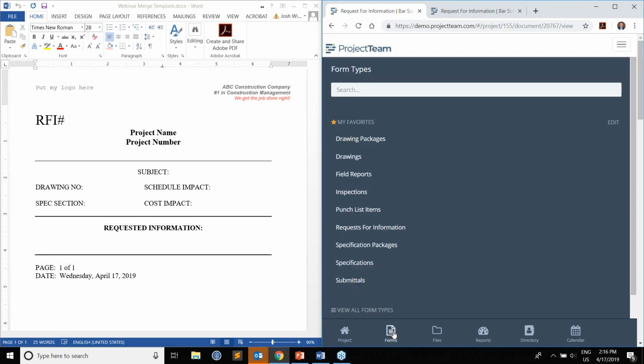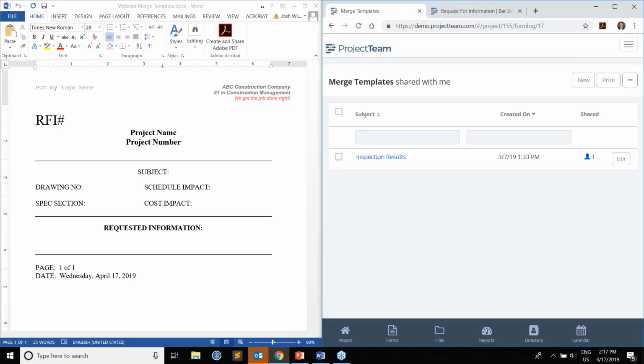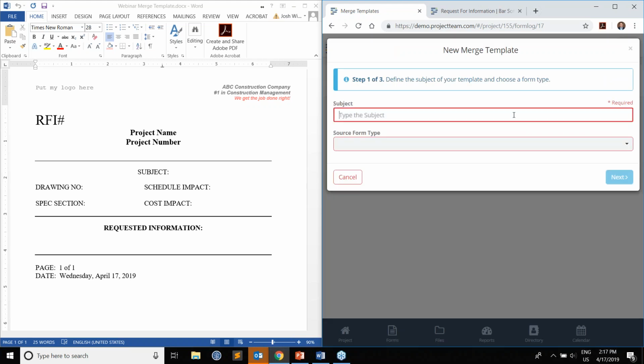So I'm going to go into my forms in ProjectTeam. Again, I've got ProjectTeam on the right, the system on the left. I'm going to type in merge here to find merge templates. Here I can see this is a list of templates that I already have set up in the project. I don't have one for my RFI, so I'm going to go ahead and create one. I'm going to say new template. Here's my webinar